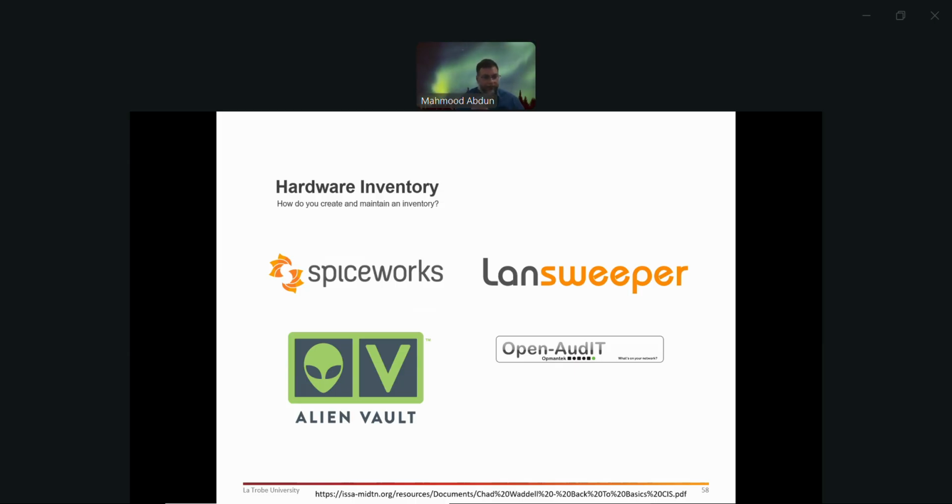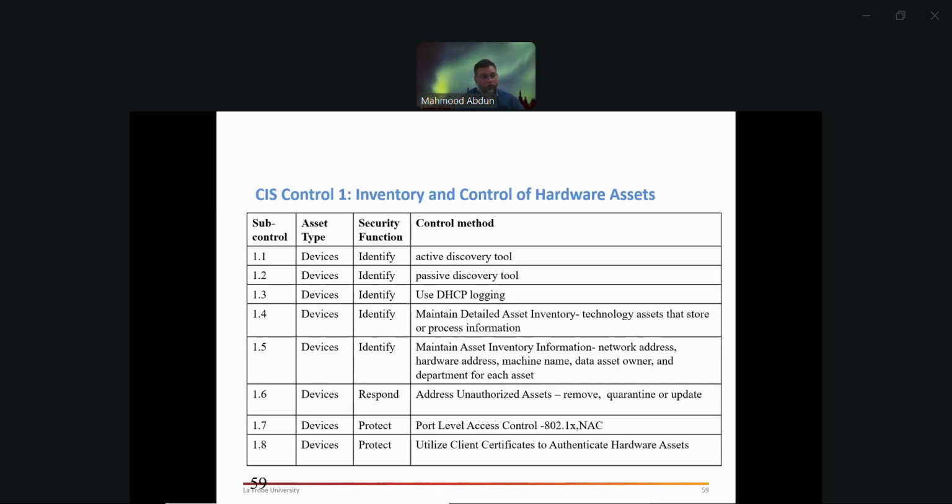Some of them are proprietary, some of them are free, and they can run a sweep across your internet protocol range and find out what devices are there. By looking at the banners that the devices respond with, they can figure out to some extent what kind of devices they are and nicely categorize them. You still need some hands-on massaging, but you can do it easily, right?